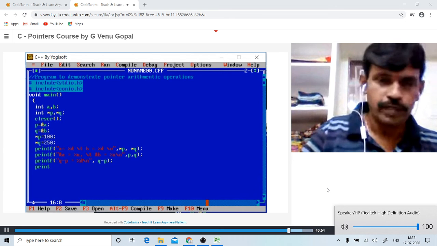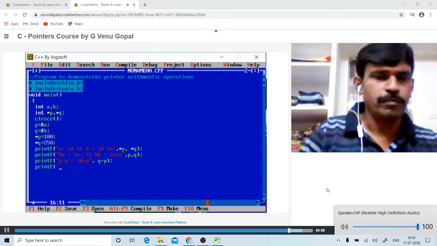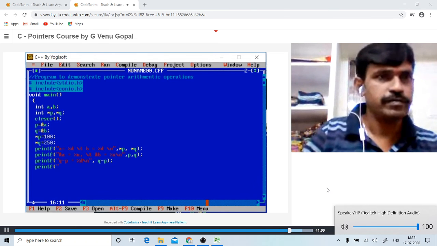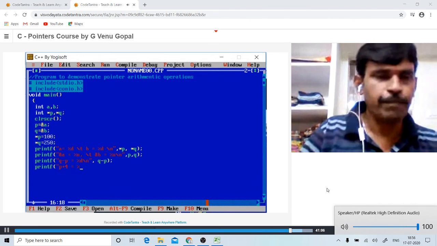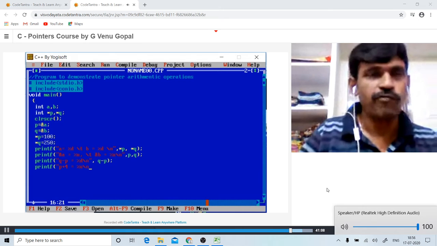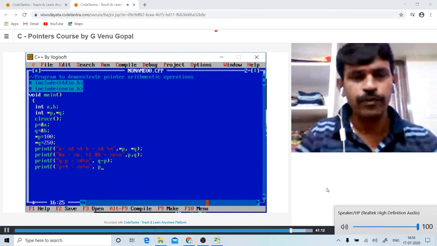Similarly, printf, "p plus 4 is equal to %u\n", p plus 4.